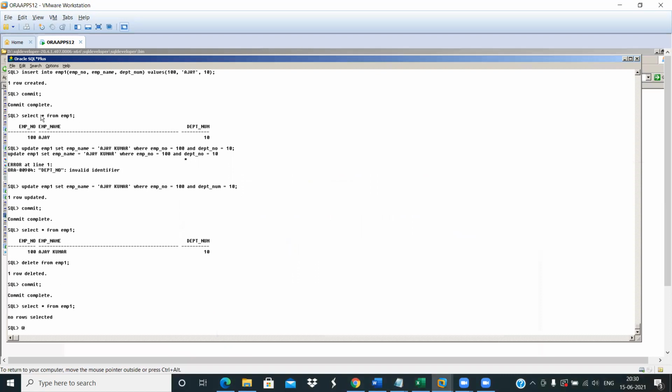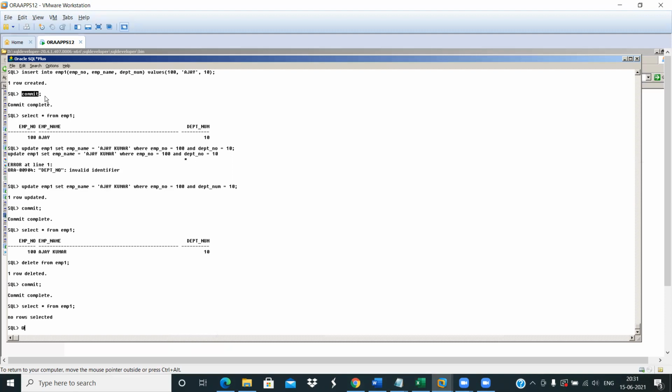Suppose you executed some insert statement, for example at the top, and afterward the data gets inserted. Then you come to know that the data which I have inserted is wrong, so I want to revert back. I don't want to insert it permanently before giving a commit statement. If the commit statement is already given, there is no other way.